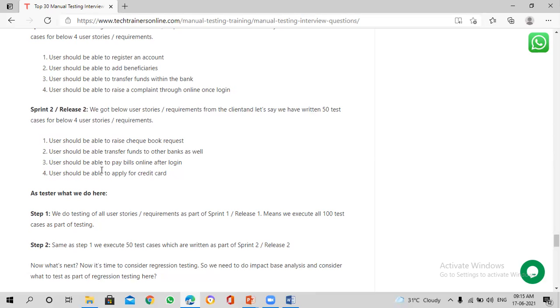There is one more thing called N-1 automation. N means your current sprint. In sprint 1, you don't automate; you do manual testing of the 4 user stories given here. When you go to sprint 2, you start automating the sprint 1 user stories, N-1.